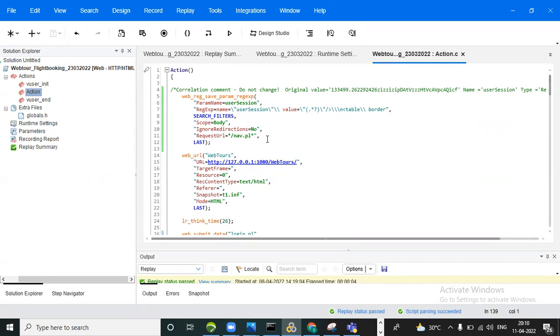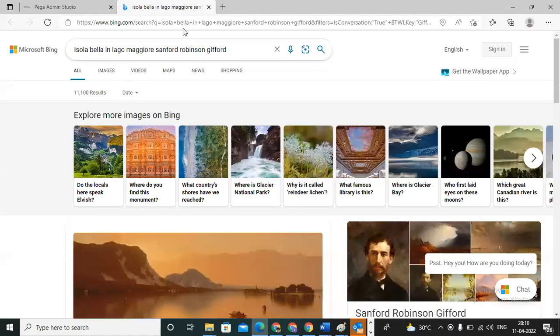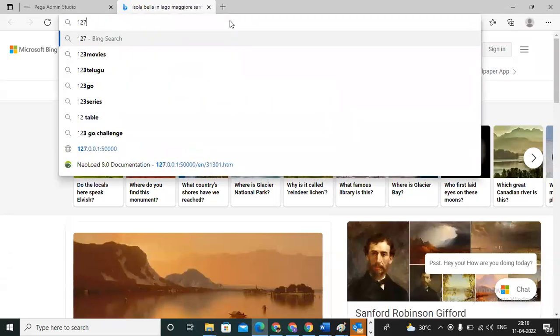Web break find function, that is also one of the registration functions, web break finder, and using that function we need to find the validation. For example, we are logging in, right, to a flight booking application or any application. So for example,